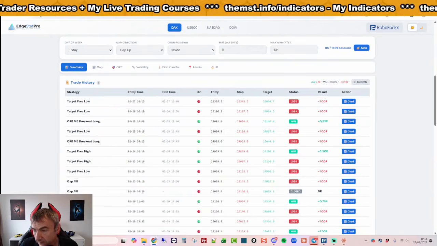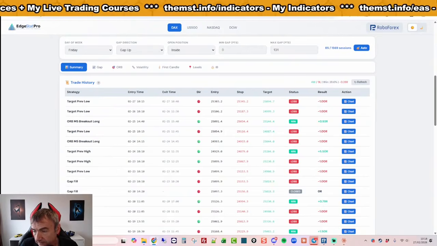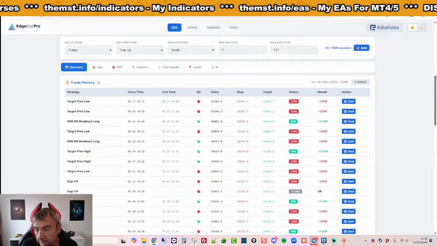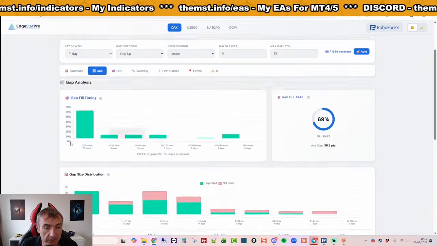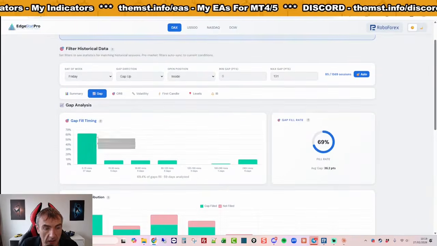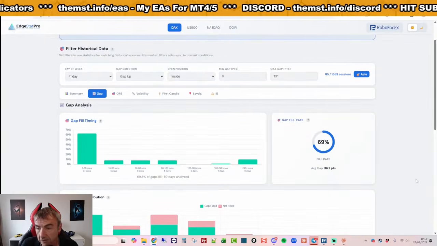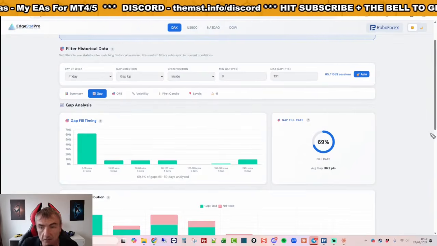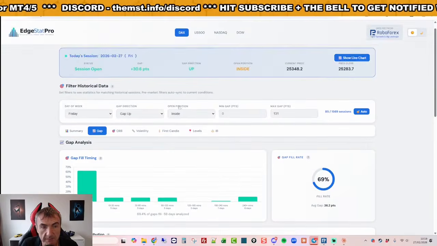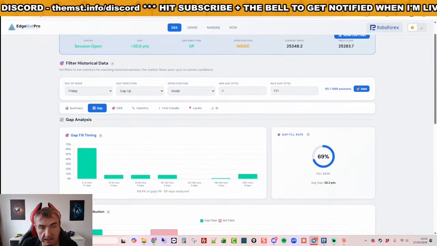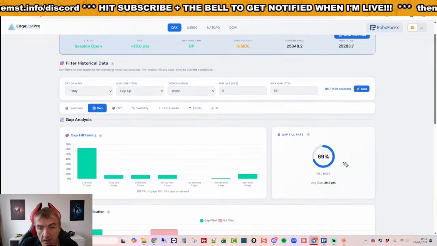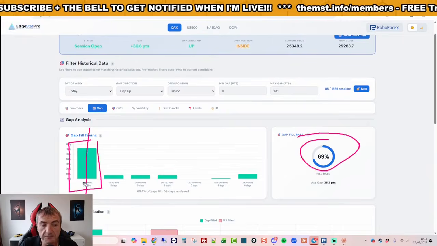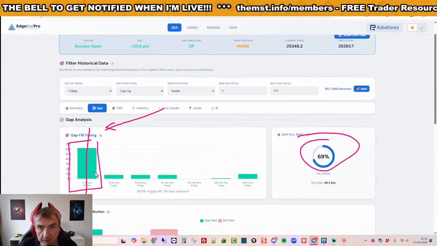So if, say, within 5 minutes of the open, it's saying 71% chance of the gap filling, that would surely be a trade worth taking, maybe even 10 or 15 minutes. Yeah, so if you look at the gap fills, it tells you gap fill timing here. So of this size of gap, which today is 30 points, we've got a 30-point gap today on the DAX. 69% chance of them being filled within 15 minutes. So the highest probability of gap fill timing is in the first 15 minutes.